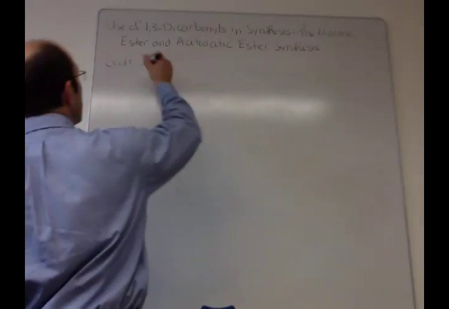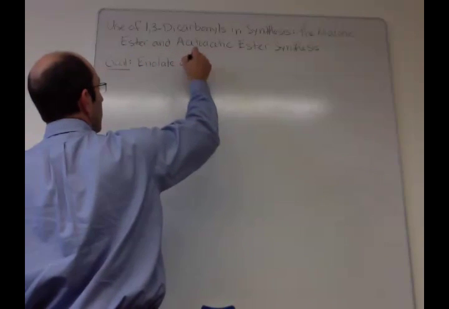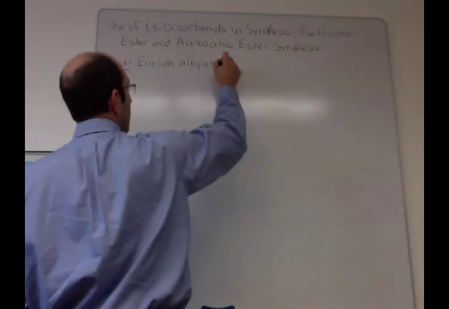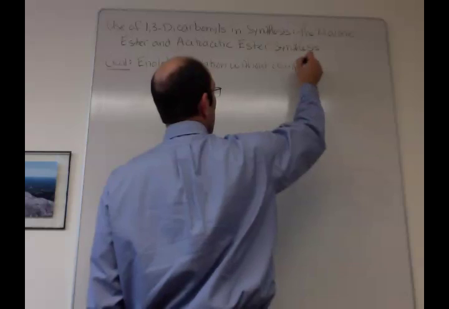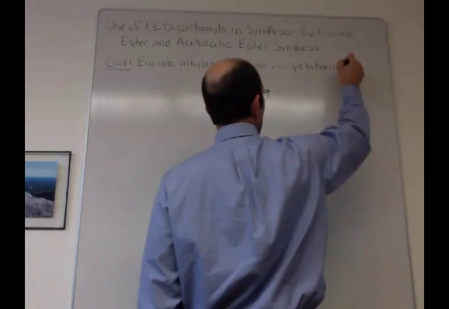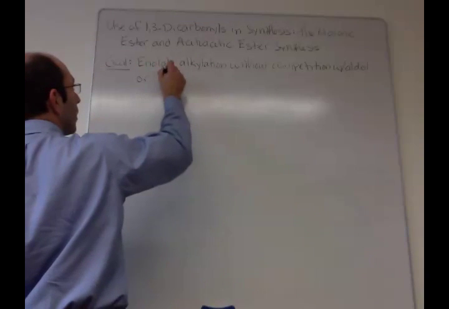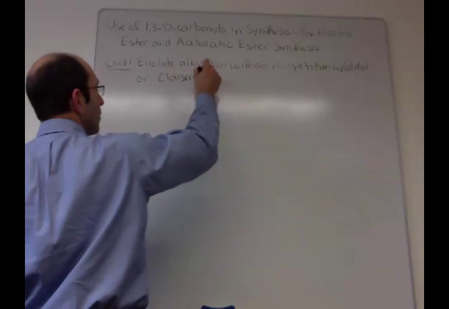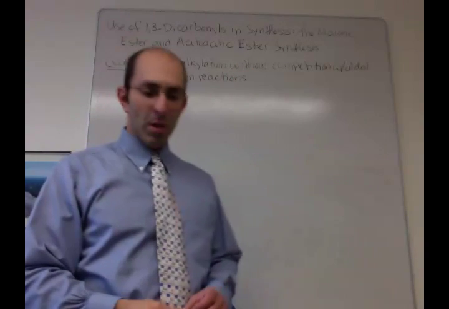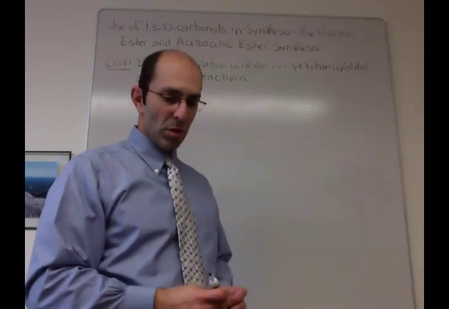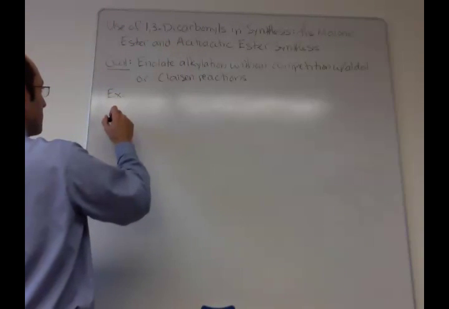So I want to do an enolate alkylation without competition with aldol or Claisen reactions. All right, we've talked about how this can be a problem, and this is one really nice solution to this. So an example of what we'd like to be able to do is to take,